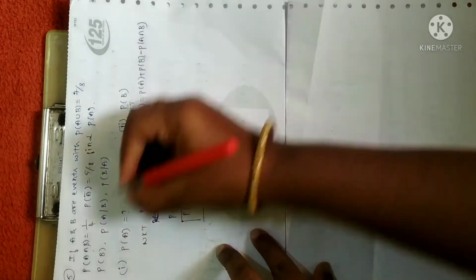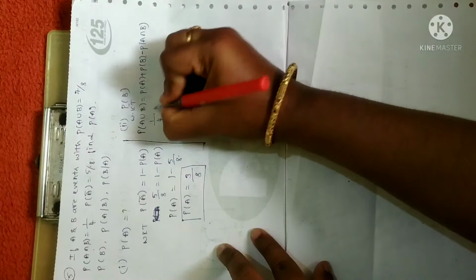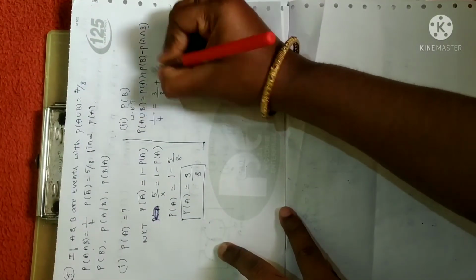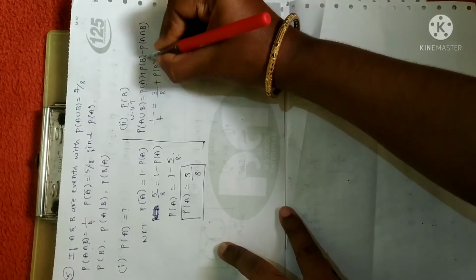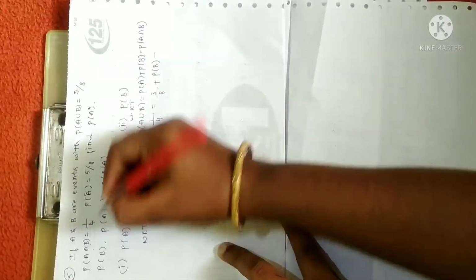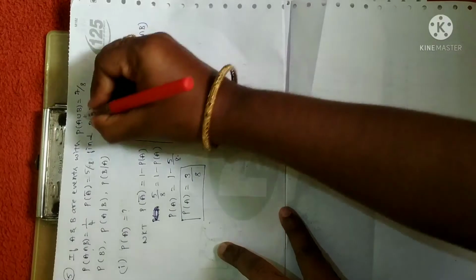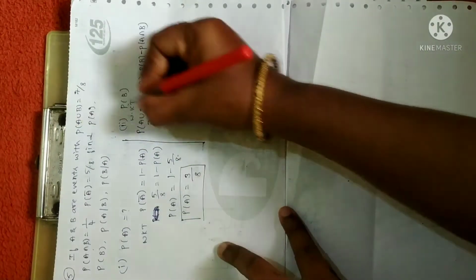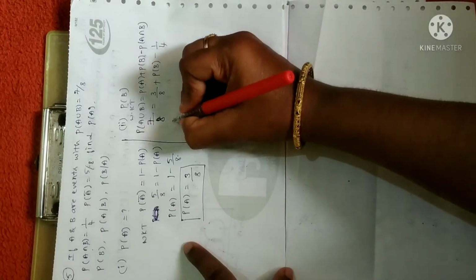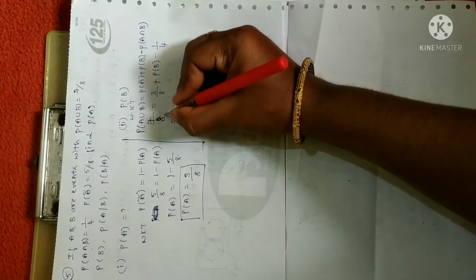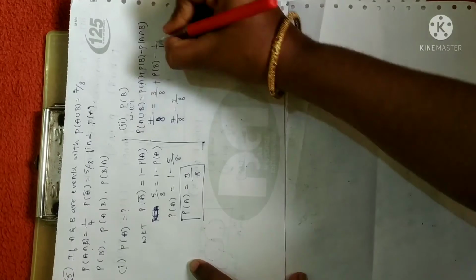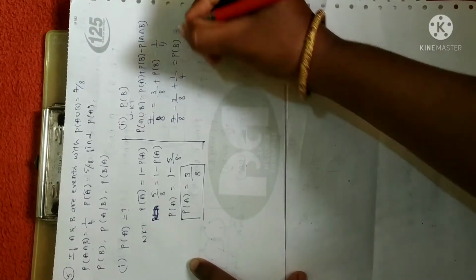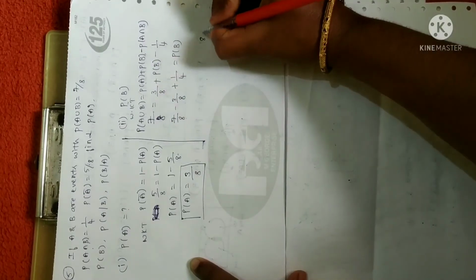So probability of A union B is given, it is 1 by 4, which is equal to probability of A, we have already calculated, it is 3 by 8, plus probability of B is unknown, so we have to find it. Probability of A intersection B is 1 by 4. I'm sorry, A union B is 7 by 8. A union B is 7 by 8. Now let me simplify. So 7 by 8, I'll just shift the term, minus 3 by 8. So minus 1 by 4 shifts, you will get plus 1 by 4, which is equal to probability of B. Now let me take LCM for 8, 8 and 4.